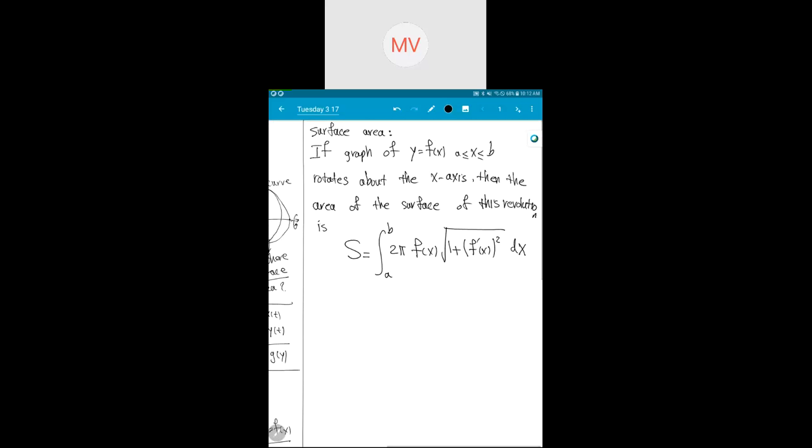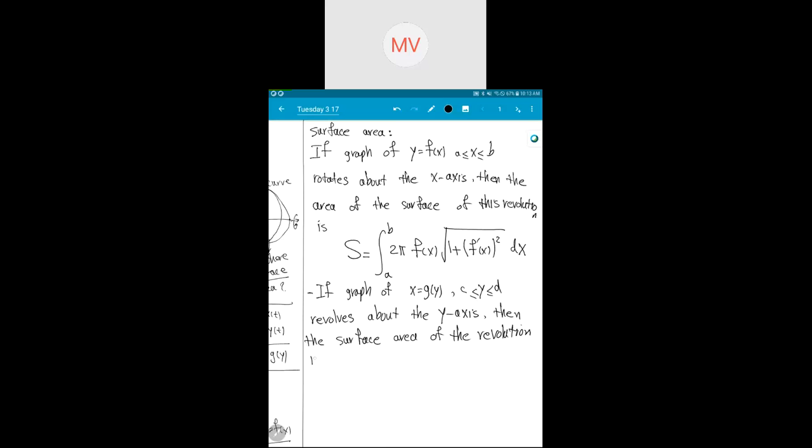If this time x equals g of y, and let's assume y is between c and d, revolves about the y-axis, then the surface area of the revolution is,